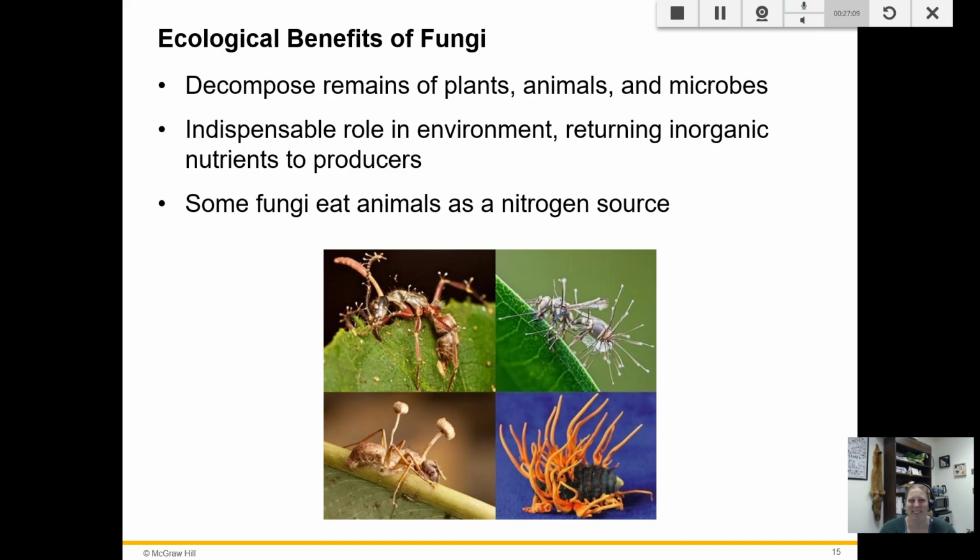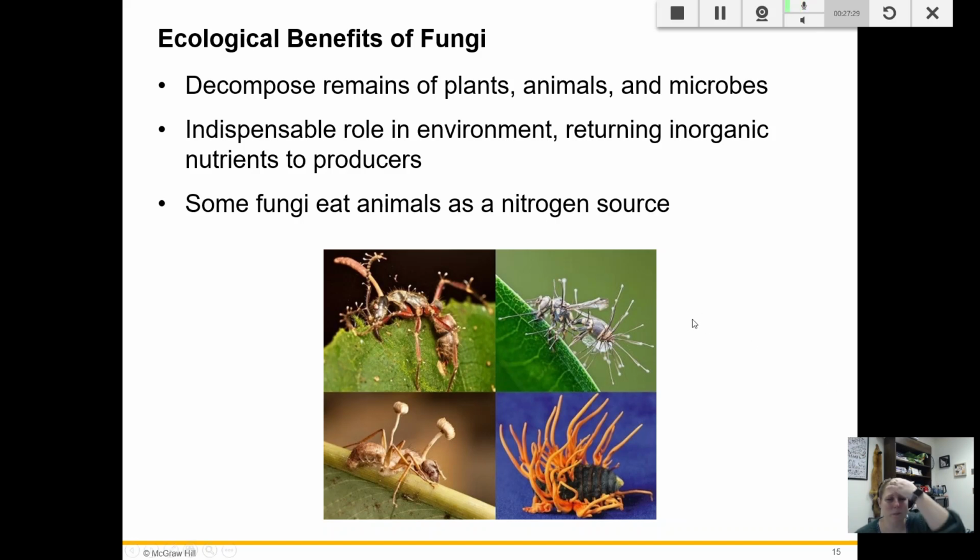I'm going to ruin bread for everyone for just a second. If you find a spot of bread mold on your bread, the mycelia are throughout that entire loaf of bread. Now, you could be like my mom and my husband and just pick it off and eat it, and that's fine. Or you can be like me and say, nope, I can no longer eat this bread. Just so you know, okay?